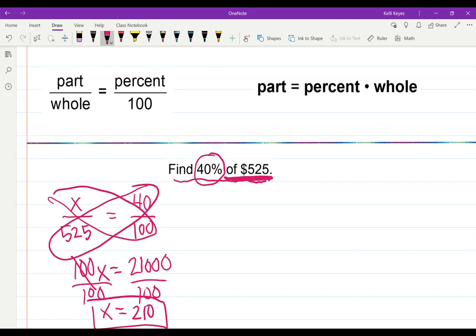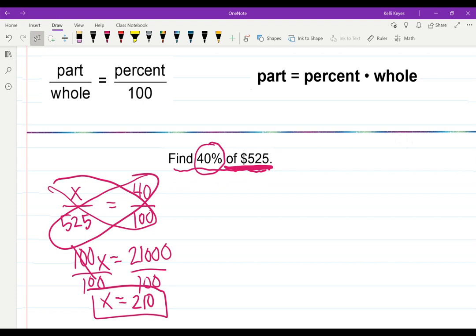Okay, so the other way, which I kind of like more, just because it seems less work to me, but again, choose whichever makes most sense to you. So we're going to use this equation up here where we're trying to find the part, because find 40% of that means we know the percent, we know the whole. So then we know the part